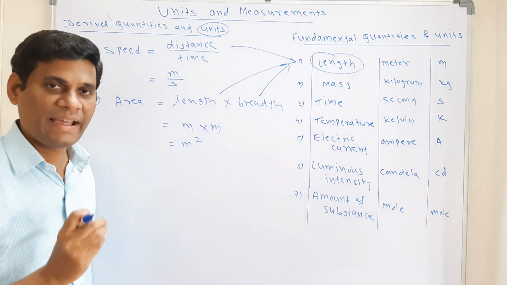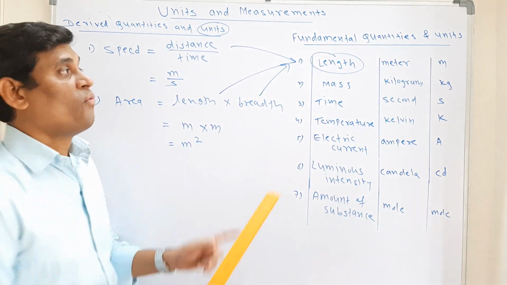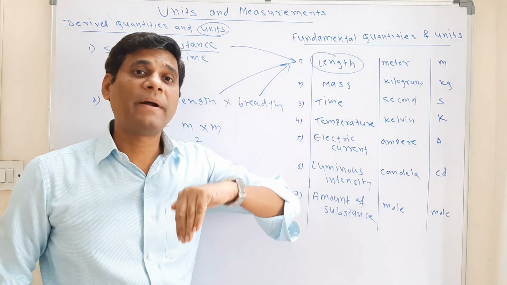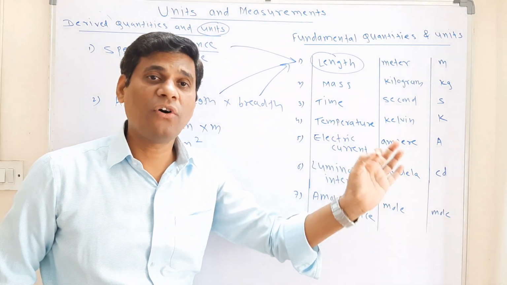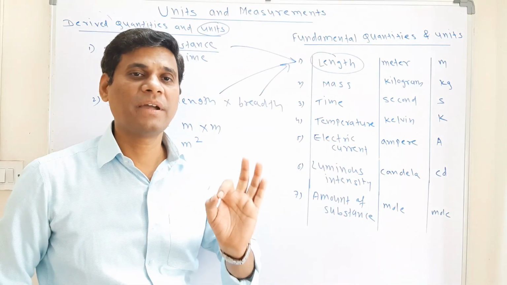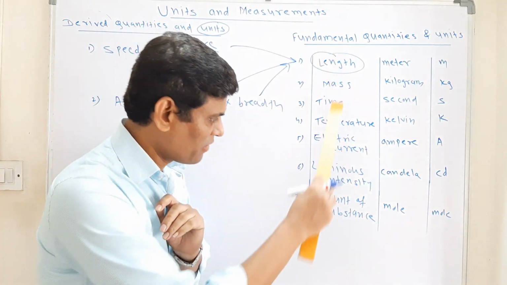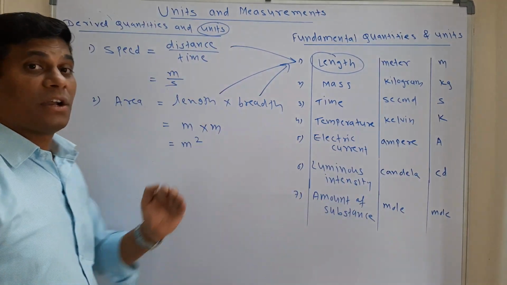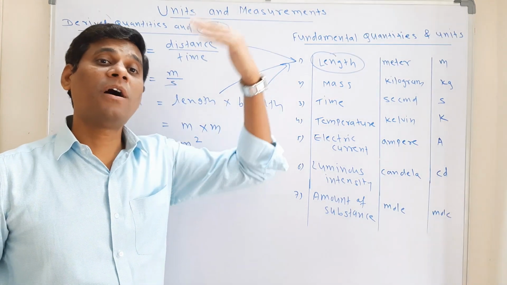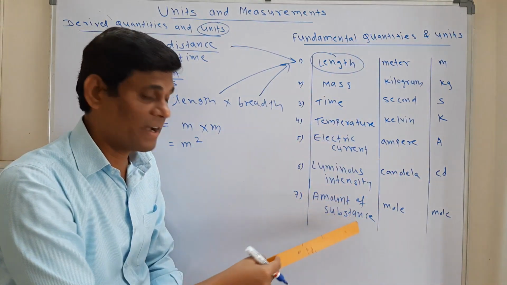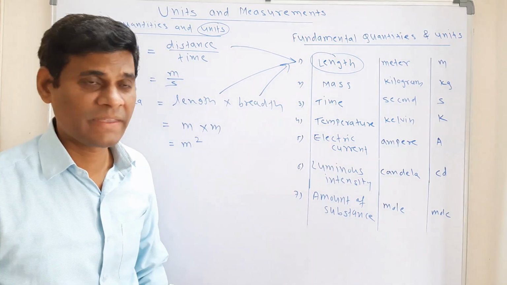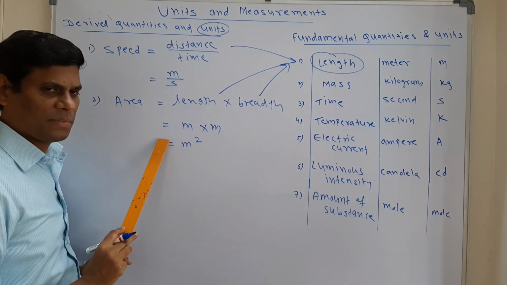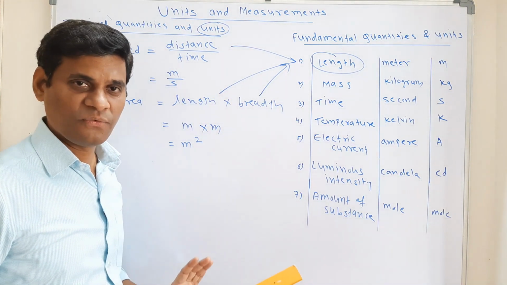Okay. So in simple language, I can say fundamental quantities are those quantities which do not depend upon any other physical quantity for their measurement. They can be measured directly. These are the 7 fundamental quantities and these are their units. Derived quantities are those quantities which depend upon one or more fundamental quantities for their measurement, and the unit of a derived quantity is called a derived unit. These are examples. There are a number of derived quantities. Fine, students.